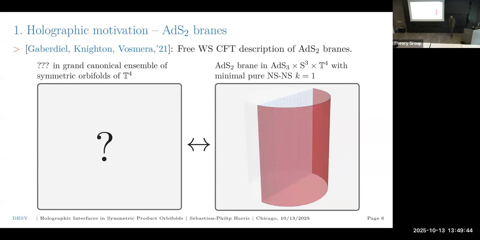I think what Clay's asking is basically what is the SL2 representation content of this, because they tell you how it looks like in AdS3. What was it? Right. Okay. So I guess this